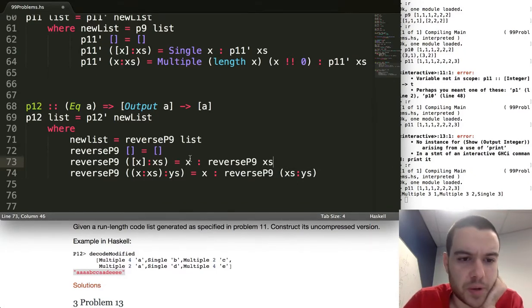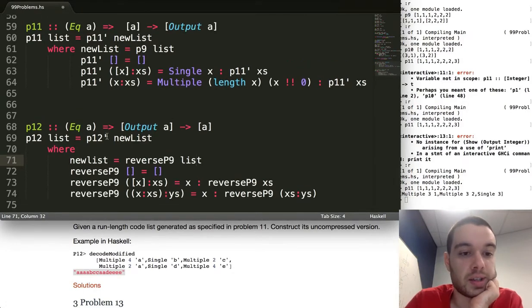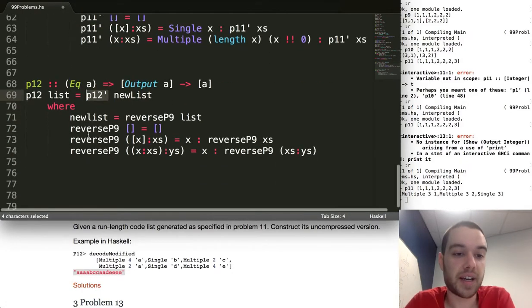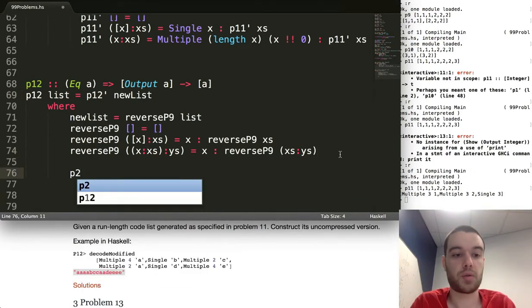And I think that works. Okay, so that's that reversey thing. Now we also need to define p12 dash, which again we can do in the same where clause. So p12 should be,